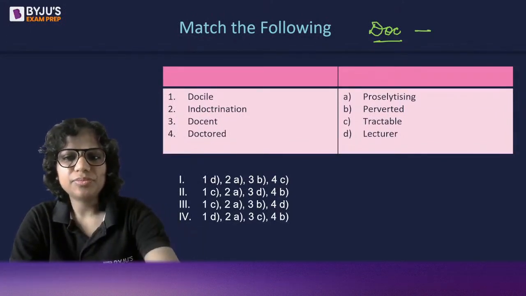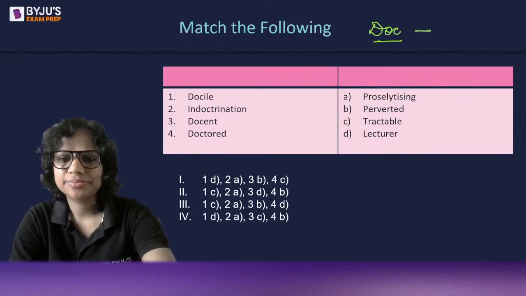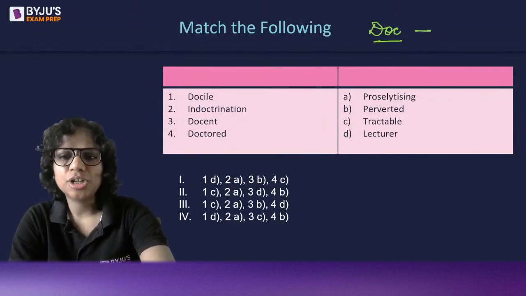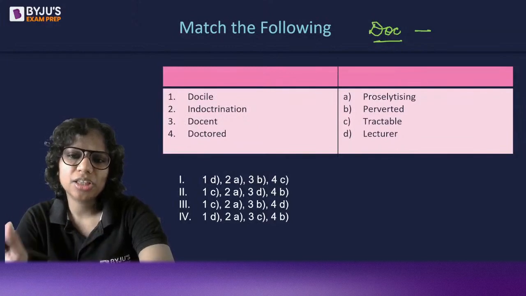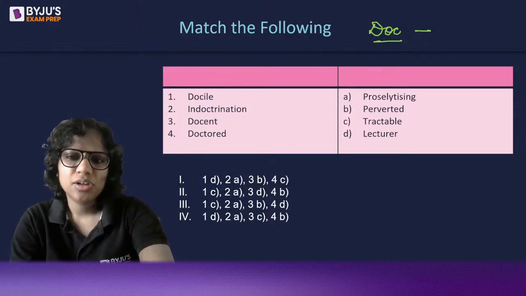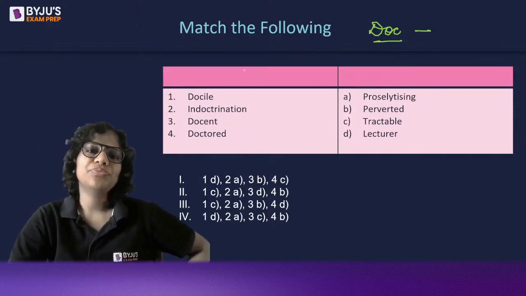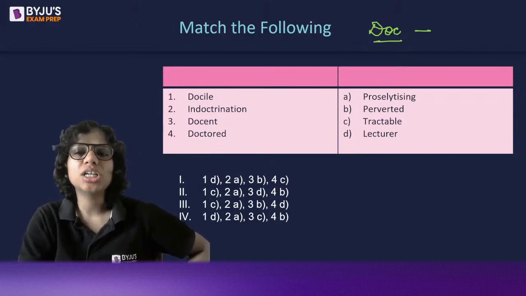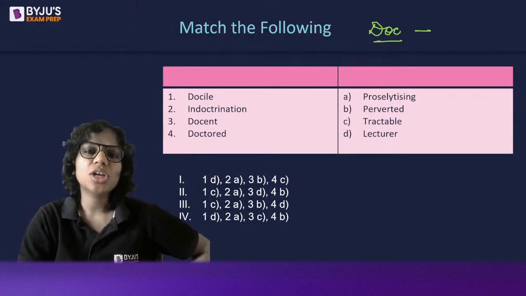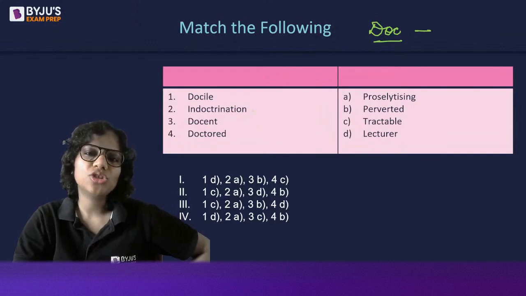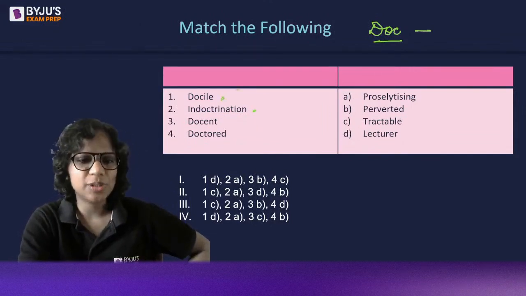So, Sonali says 2. Okay. Anmol 3. Pranav says 1 or 4. Saket and Tarun say 2. Okay. So, even if you know the meaning of one word here, you can always eliminate options. So, for me, if you ask me, indoctrination was a pretty easy word and docile was also something that I had heard at other places.